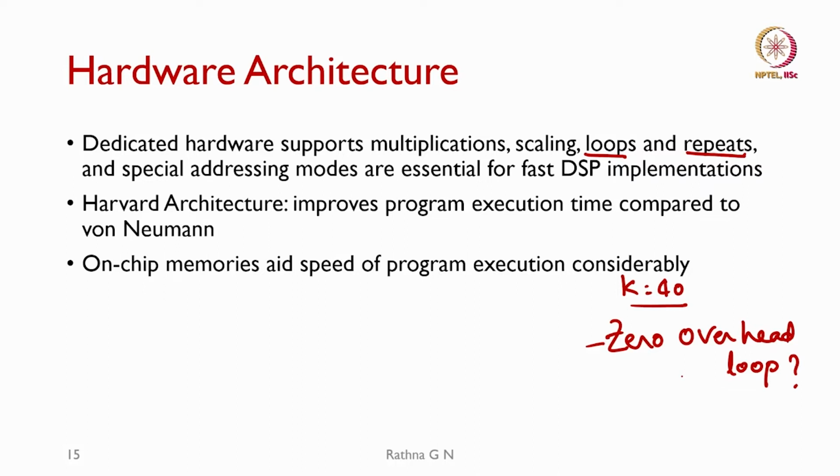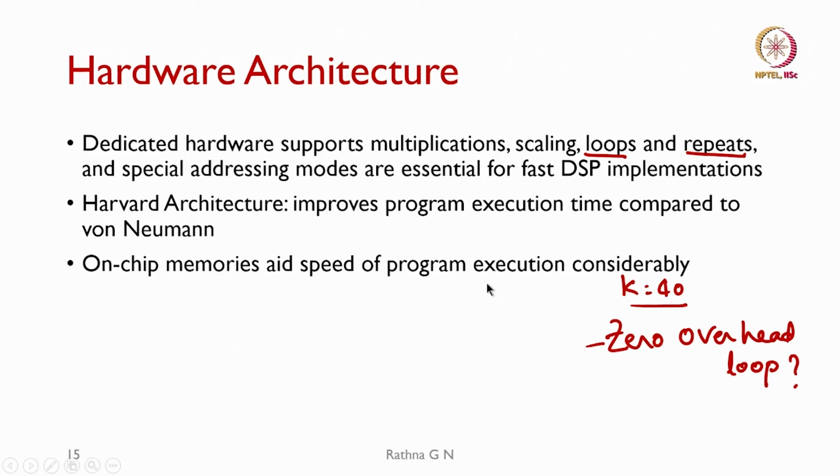So, for loop can be avoided this way. The other ones we said we have are using the special addressing modes for these fast DSP applications. The other architecture, which we said in the last class that we are going to use, is the Harvard architecture, which is going to improve our execution time compared to von Neumann architecture, and even on-chip memories aid speed of program